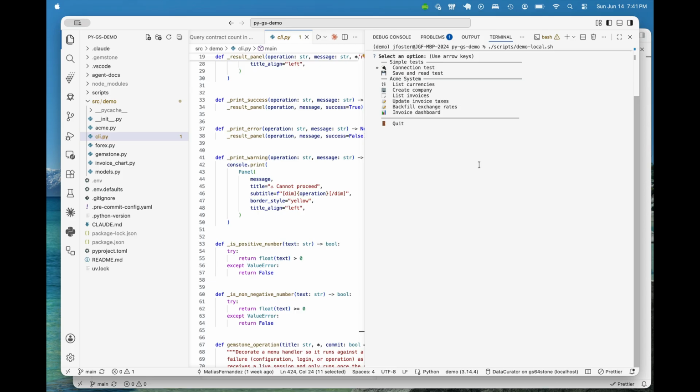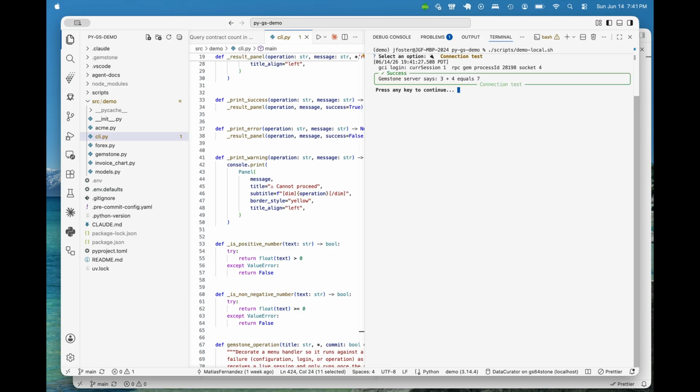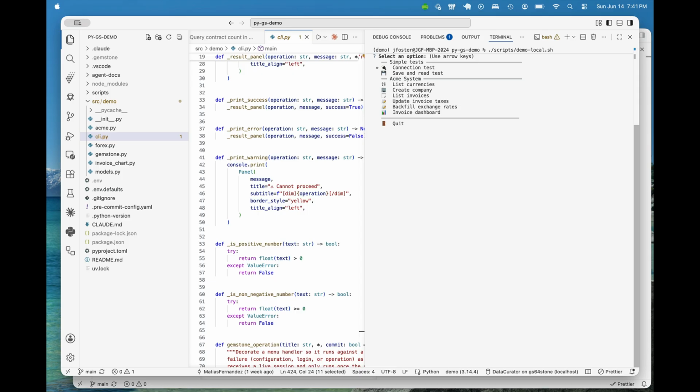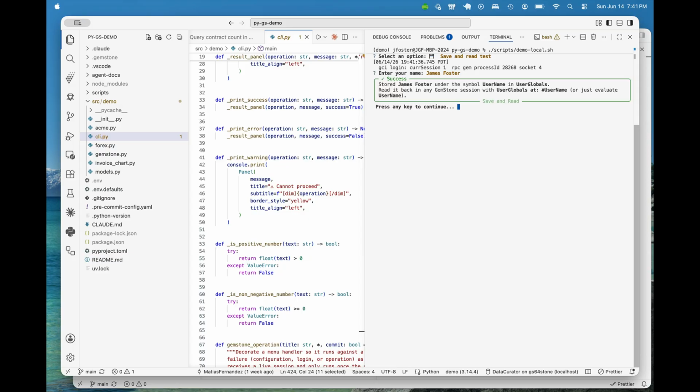First is just a simple connection test that shows that we can talk to GemStone. With that, we'll move on to something that saves data. Here we're going to ask for a user's name. I'm going to enter my name, James Foster, and then it claims that it saved it in user globals at